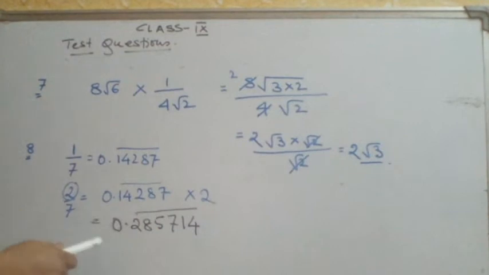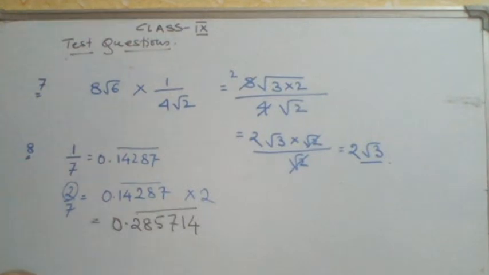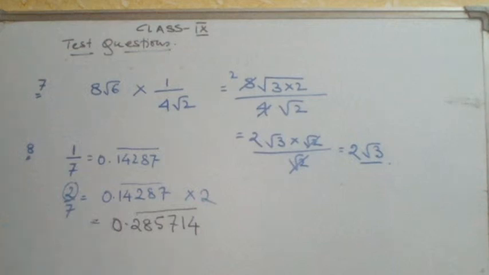Remember, for a terminating decimal, the denominator is 2 or 5 or both. Whatever the number is, the prime factor of the denominator should be 2 or 5, or maybe both 2 and 5. But apart from 2 and 5, if you get some other factor in the denominator of a rational number, then that number is going to give you a non-terminating but repeating decimal.